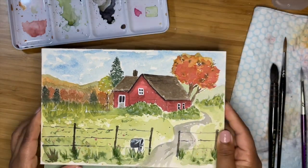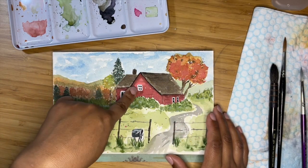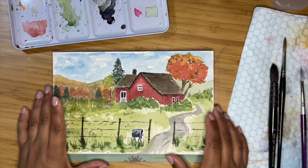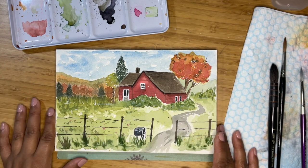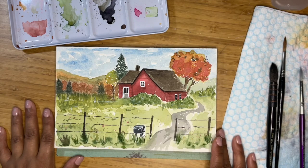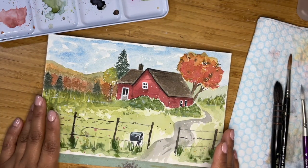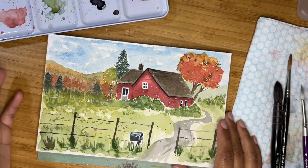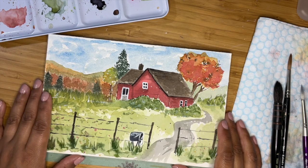Then to finish everything, I applied again white wash for the frames of the window and door, and even splattered a little bit of white wash here and there just to create a little bit of interest on the whole composition. So I guess that's it. That's what I have done as my first watercolor landscape composition, as my step towards finding my style,